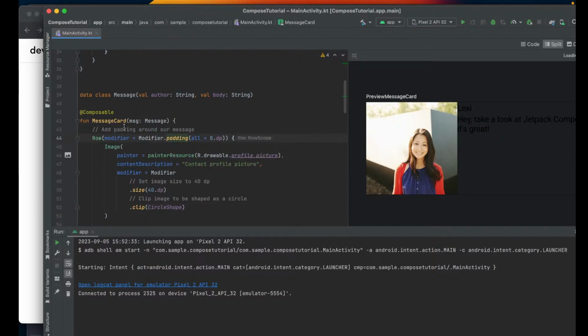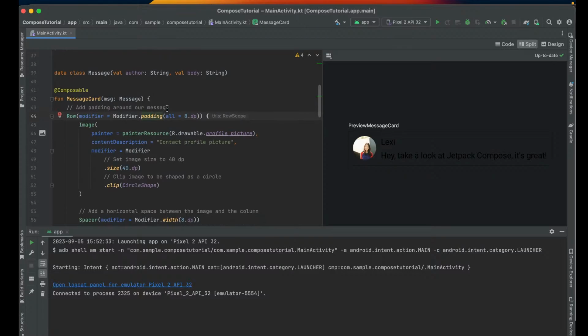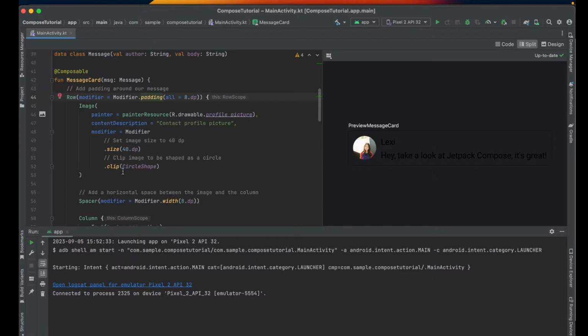Alright, so within our message card, this thing should be updating. Alright, we have updated the things appropriately. So we added 8 dp padding all around the row, and then we make this image the size of 40 dp and clip with a circular shape,